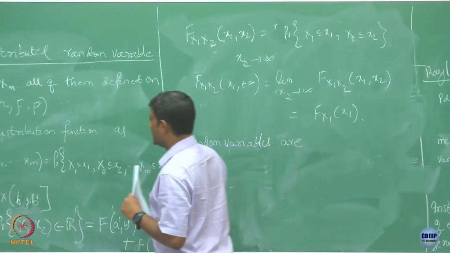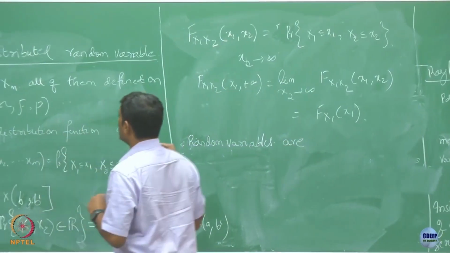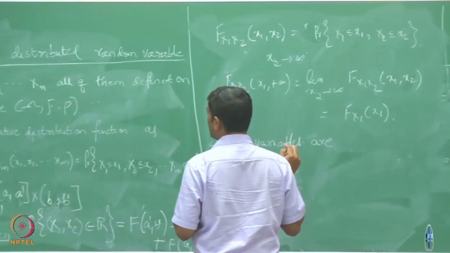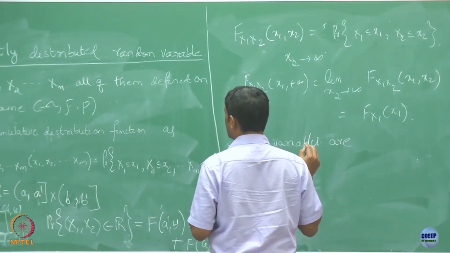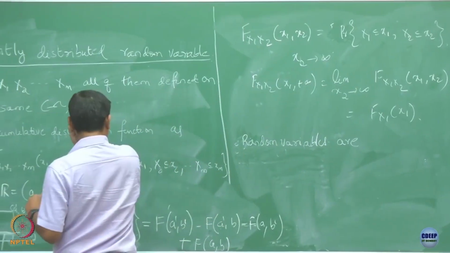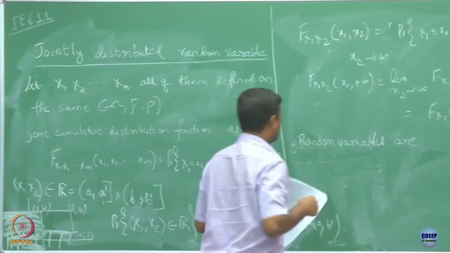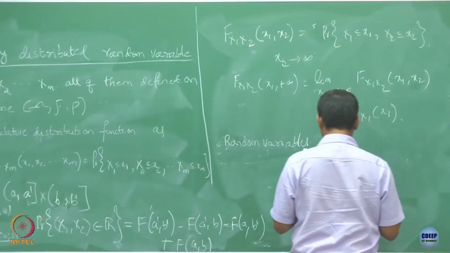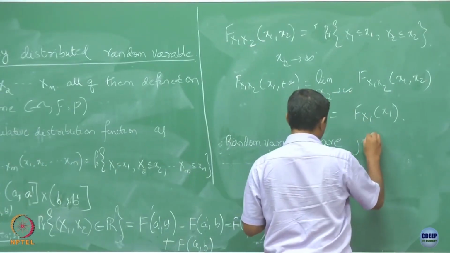Here I had only said that they are jointly distributed. Now I am going to say that random variables are jointly continuous